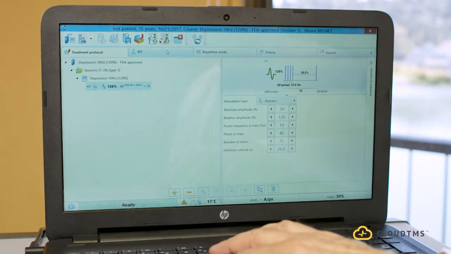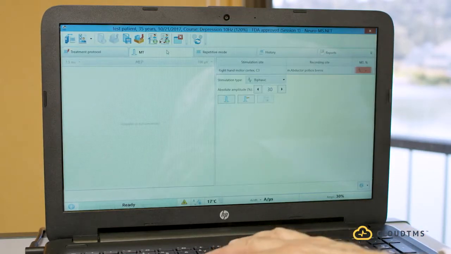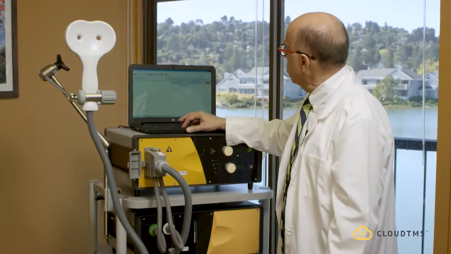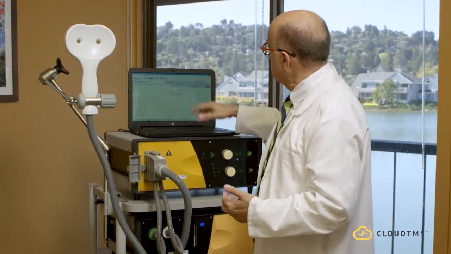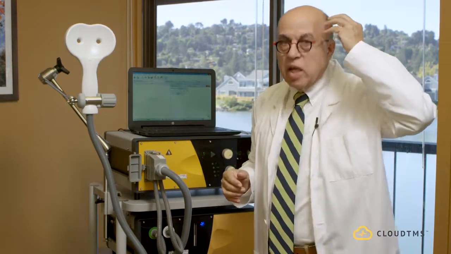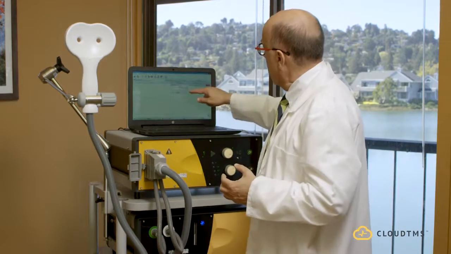As soon as I'm done with that, I need to determine the motor threshold. And the motor threshold essentially tells me at what level I am stimulating over the hot spot that I get a movement of the patient's thumb. Now bear in mind that in the brain everything is crossed. So if you stimulate the left side of the brain, the right side of the body is what moves, and vice versa. So basically here I'm stimulating the left side of the brain over the hot spot, and I'm using 40%